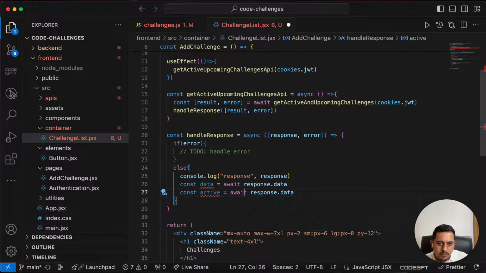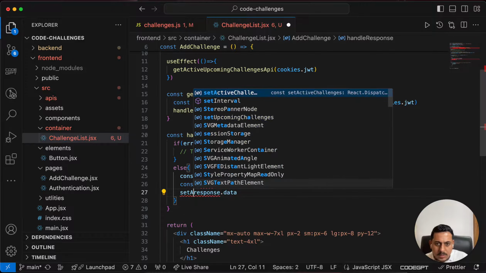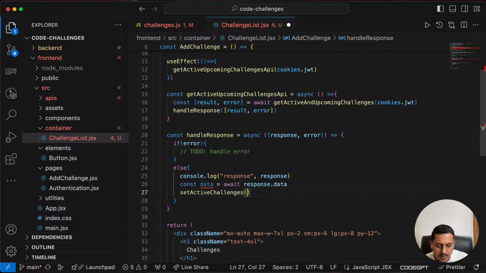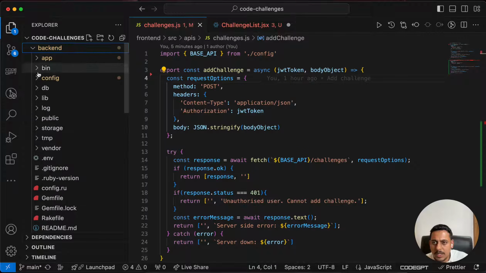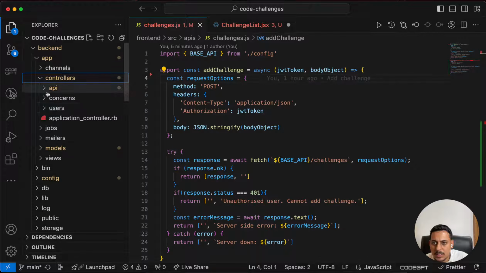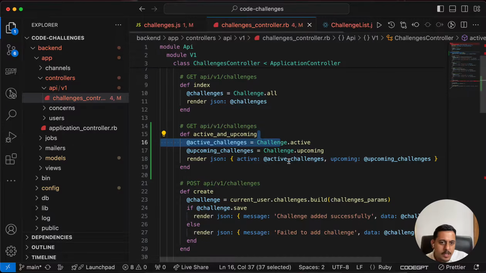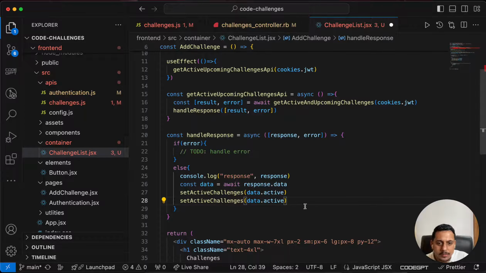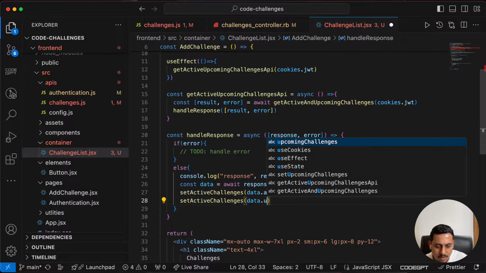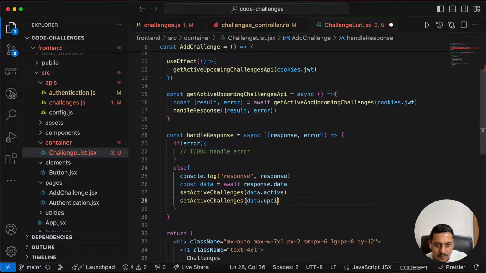Set active challenges, and inside that we'll use data.active. We are writing active because we have mentioned it in our API call. Let me see this API. We have mentioned this active, right? So we are using that, and this is upcoming. This entire object will be equivalent to data. Upcoming, set upcoming